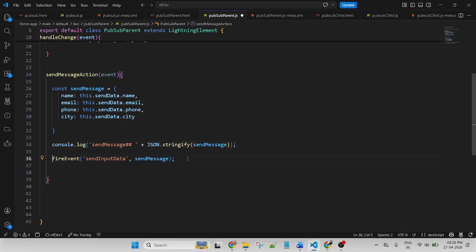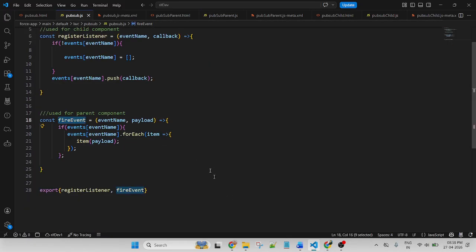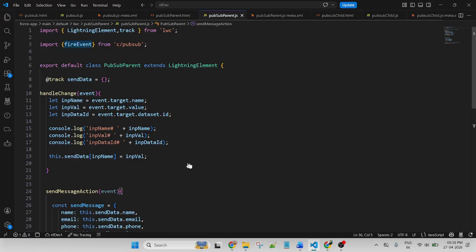So how to pass data? First of all, here I am passing data through pub and sub. In the pubsub JavaScript, I created a function fireEvent. So fireEvent is always called in the parent component. First we need to import the function. I import it from the component c/pubsub, this is the component name.